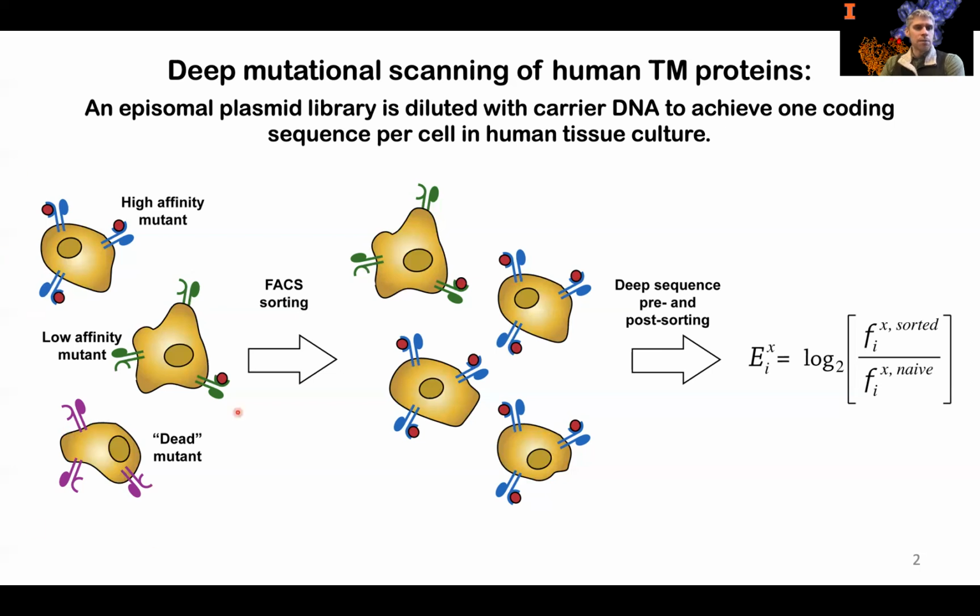So here's the basics. We transfect our library, getting this link between genotype and phenotype in human cells, which then express our variants of our different membrane proteins. We will then add a fluorescent ligand, fluorescent substrate, maybe bimolecular fluorescence complementation, some kind of fluorescence-based method by which we can then use FACS sorting to pull out the cells expressing the protein variants of interest. And then we deep sequence and find out what's enriched and depleted.